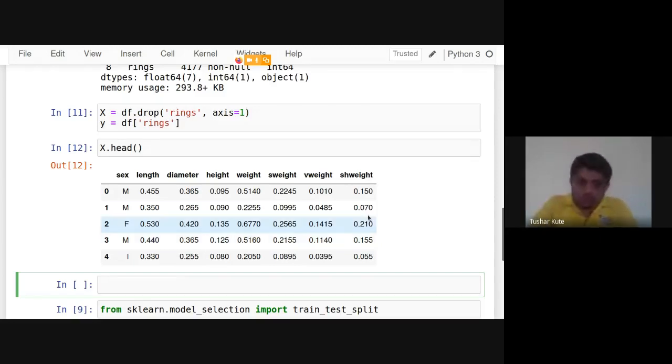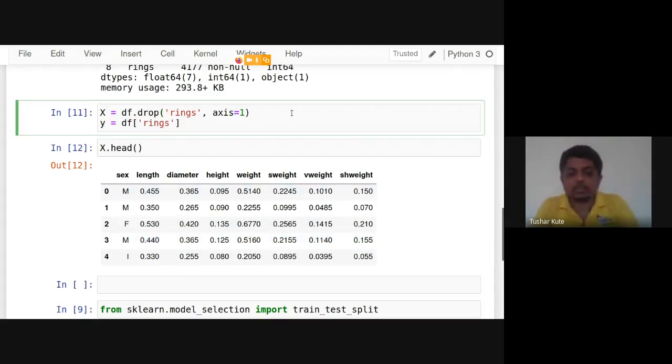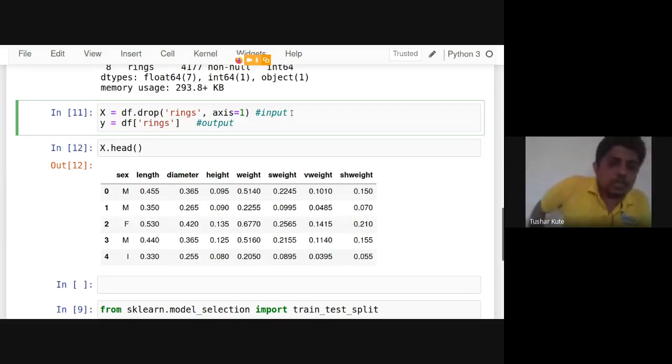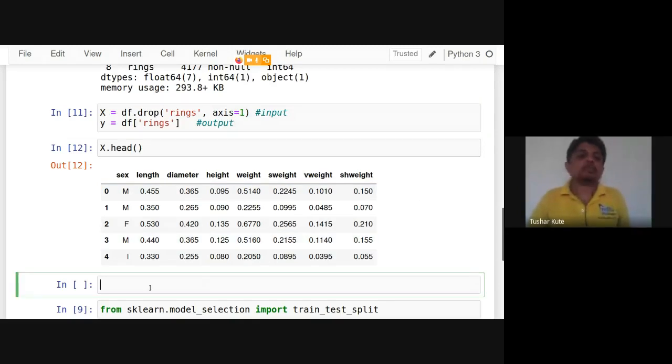Okay, X is the input variable. This is the output variable, which we are predicting in the model. The data model contains X as input. There are 7 variables, 7 features, and 1 label. Even in the label, we can see the count of every individual value that is present. So if it is done,